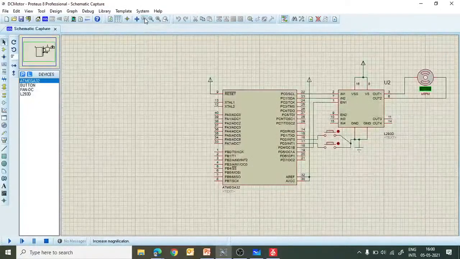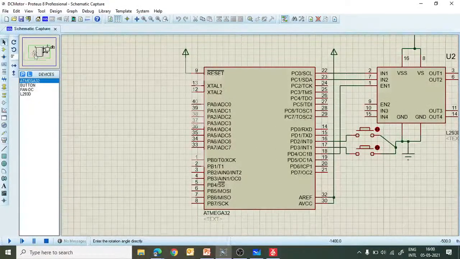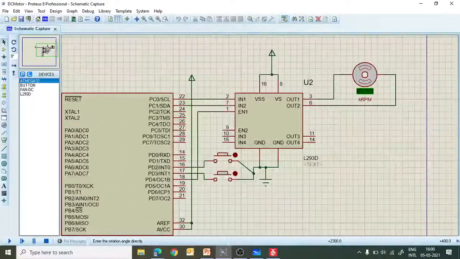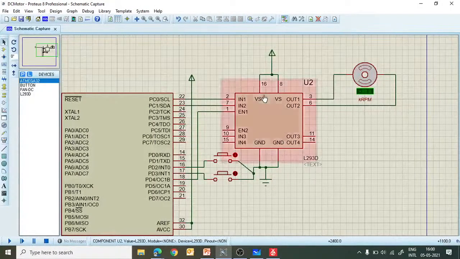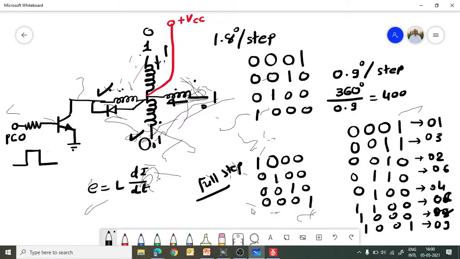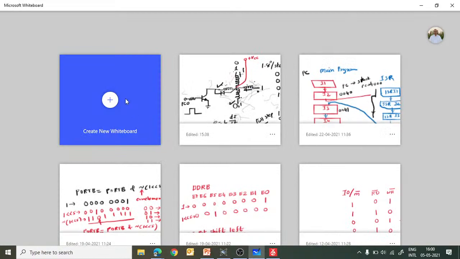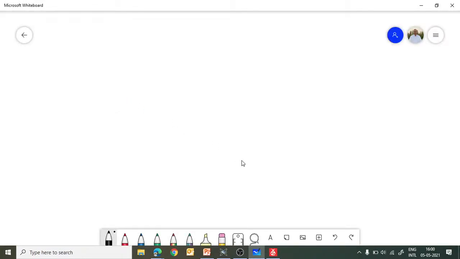First of all, let me explain this circuit diagram to you. In this case, we are using PC0 and PC1 to drive the motor. So we are driving one motor, with in 1 and in 2, and I will try to draw that circuit diagram here on the whiteboard. So we have an H bridge like this.